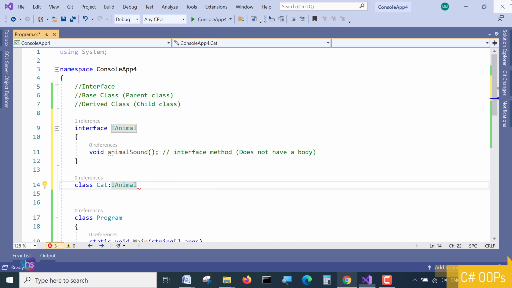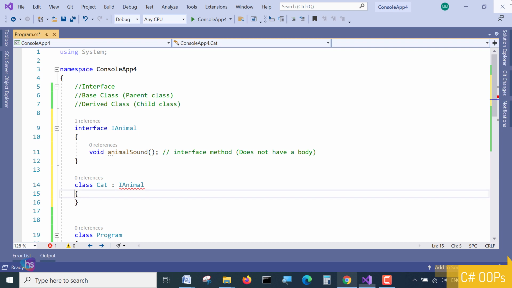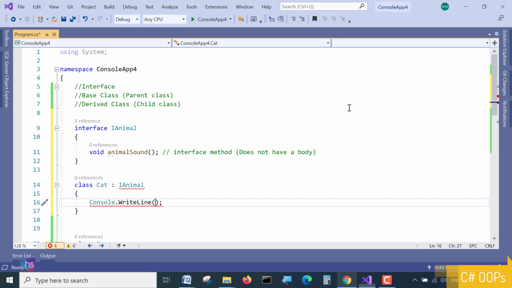So Cat implements the IAnimal interface over here. This is the block for it. Here we are going to write something, implementing the interface's method, so that the IAnimal interface works here by calling the interface method.